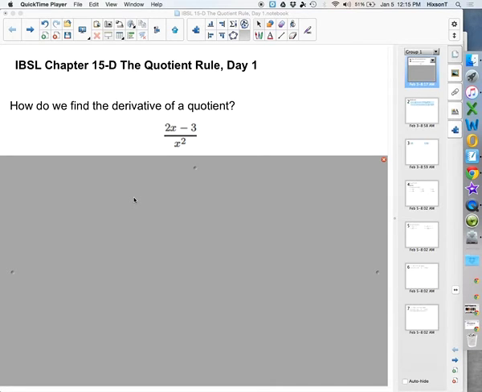Okay, so I want to introduce the quotient rule, and I want to explain that this one right here, first of all, we actually don't have to use the quotient rule for. In fact, I'm going to show you how we could do this one using just normal rules by simplifying first, then show you how we could find the same derivative using the product rule. And then we'll use that process to derive what the